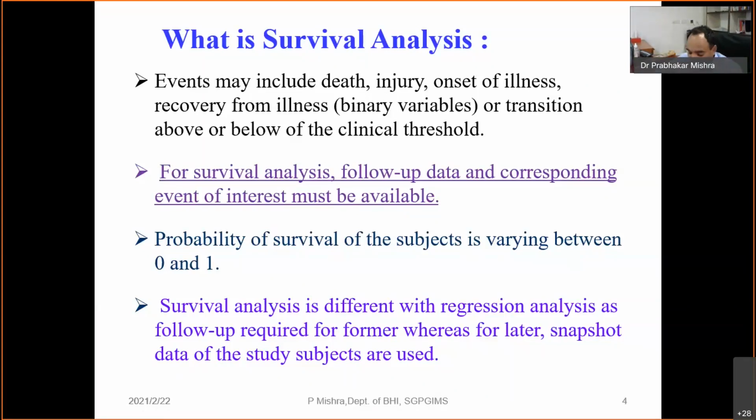But at first hand, when someone comes with data, I ask whether there is a follow-up. If yes, then we also look at the possibility of survival analysis in the data. If it fits our objective in the study, and our follow-up is recorded in the appropriate way, and our event is recorded in proportion to follow-up, if these things are available, then we also think to apply the survival analysis method for the statistical analysis.